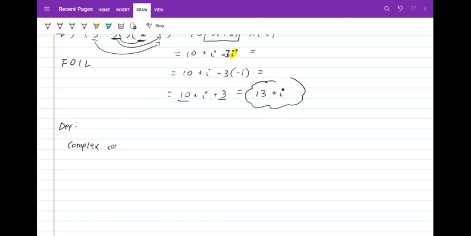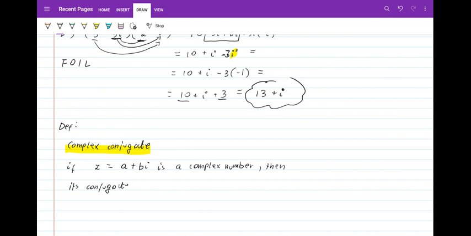So complex conjugate: the definition is if z is a complex number in the standard form a plus bi, so this is a complex number, then its conjugate, which we denote by z with a bar on top of it, is